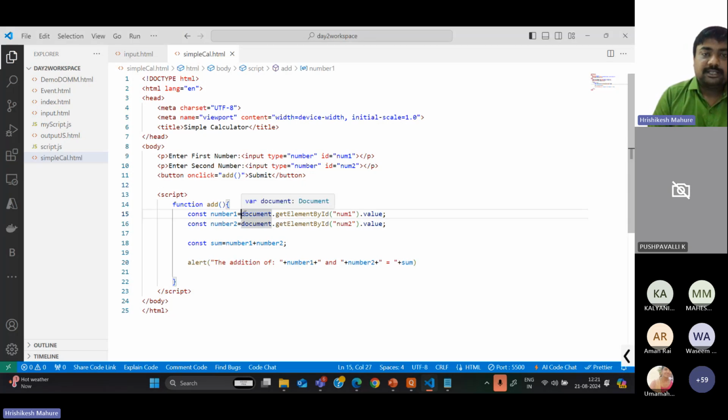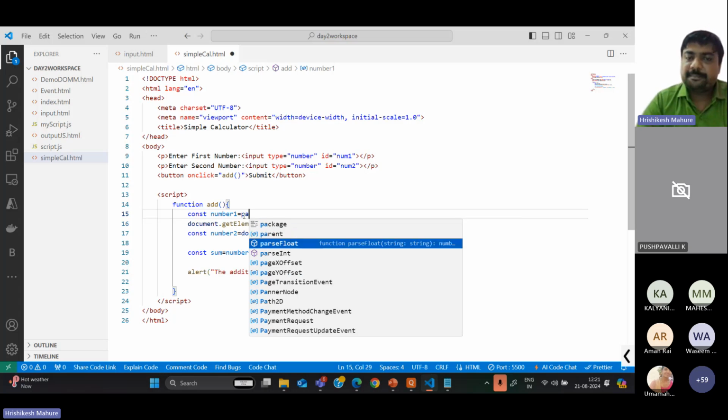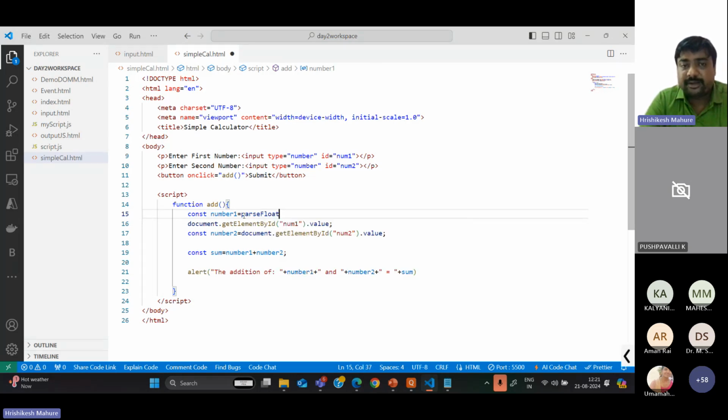Here I'm taking one parse method. Here we can take parseInt or parseFloat. I'm taking parseFloat, because if someone inserts a number with a decimal point as well, then we need the output with the decimal point. So now I'm taking parseFloat and then close, and all of this you need to write down inside the